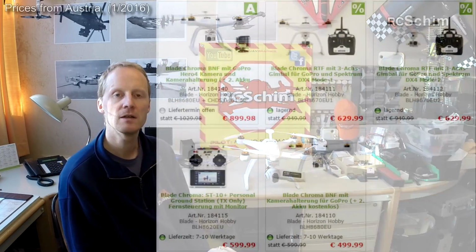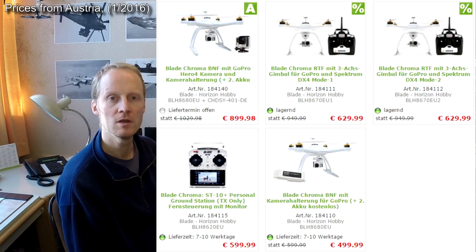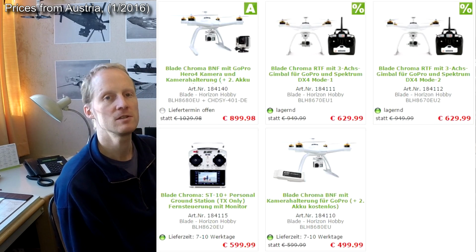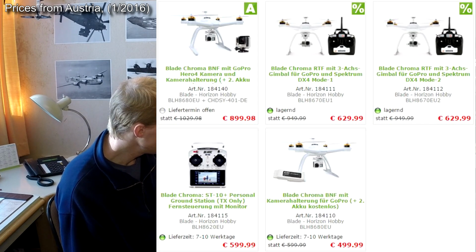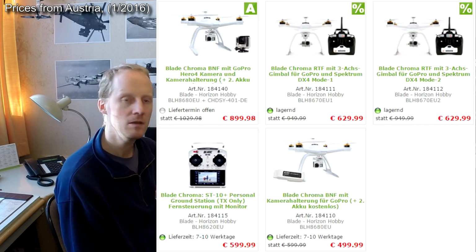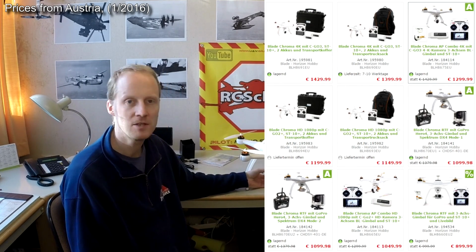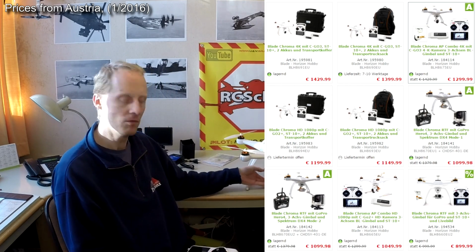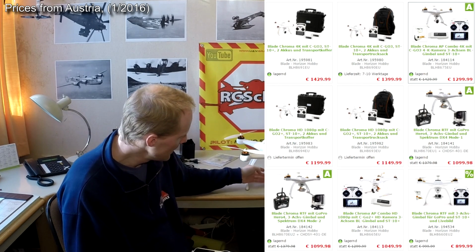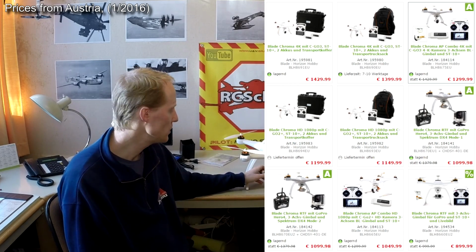They have different versions of their Blade Chroma. The smallest one with the fixed mount, which is cheap, where you can attach, let's say, your GoPro on a fixed mount. They have this 1080p model of the CGO2. The image quality, you can't compare it to GoPro, but you'll see later if it produces footage that you like or not. Then there is the 4K capable CGO3